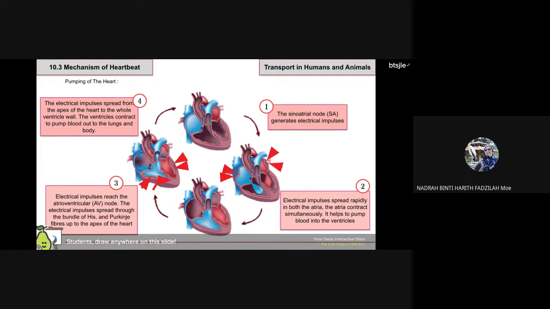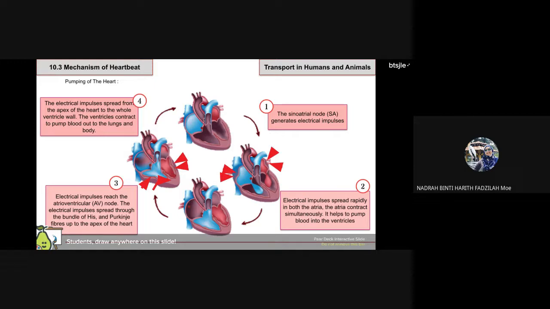Another thing to point out is when the atria contract, it will create a force that will force the bicuspid and tricuspid valve to open. So when the bicuspid and tricuspid valve open, barulah blood flows downwards into the ventricle. And then after spreading throughout both atria,